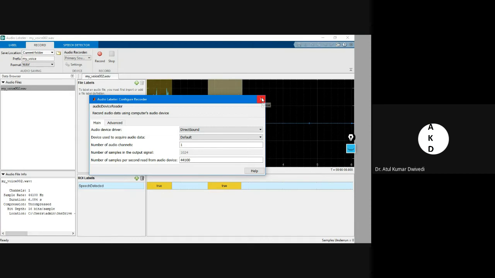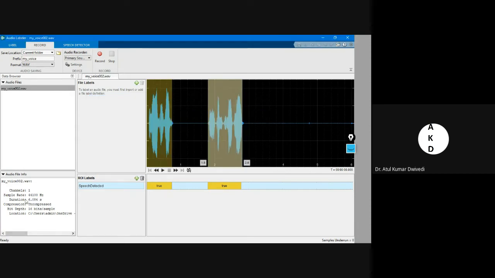so this is how we can do this, and it is the same thing whatever we had selected while recording, because this doesn't know whether it was recorded in Matlab or somewhere else. Any file will come here and it will show the details of the file: what is the duration, what is the sample rate, how many channels are there. For example, I will take one file from my directory. I will add one file here,